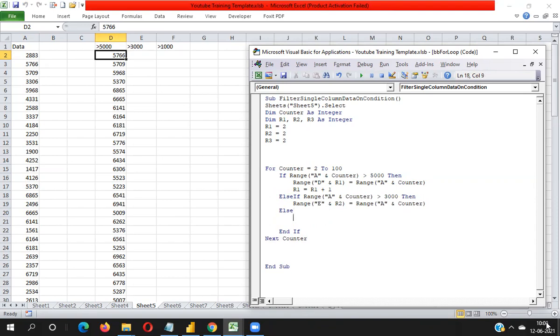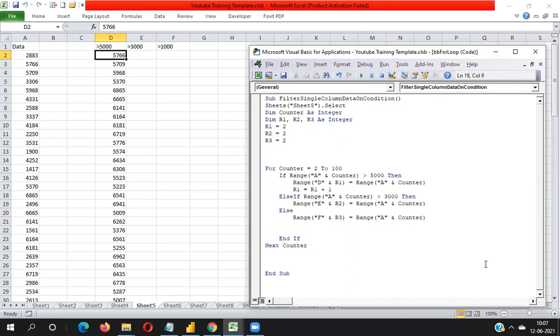Now moving on, I have to place the value directly. So I have to take the F column reference, F concatenate R3, equal to Range A concatenate counter.